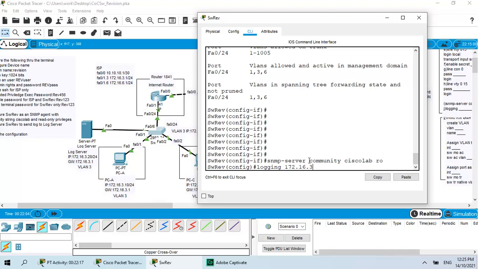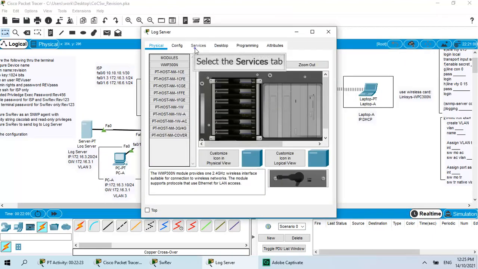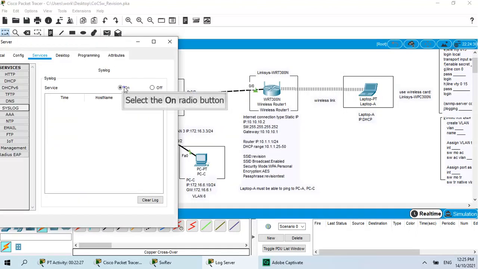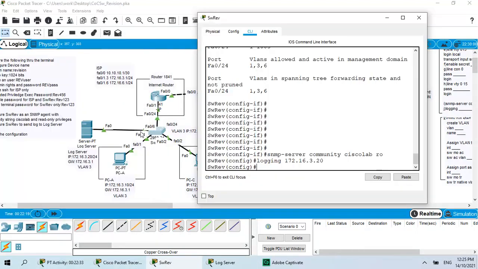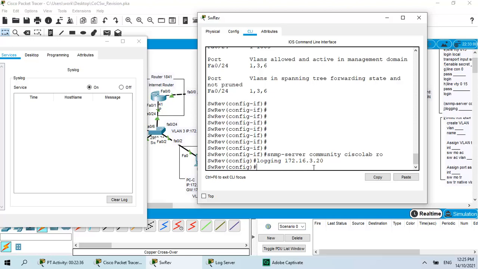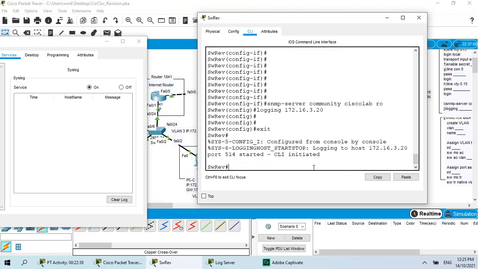Go to the server, Services, Syslog, and let's test out our syslog configuration, whether the server receives any messages from the switch. You can basically just exit. Here again. Sometimes it really takes a while before it